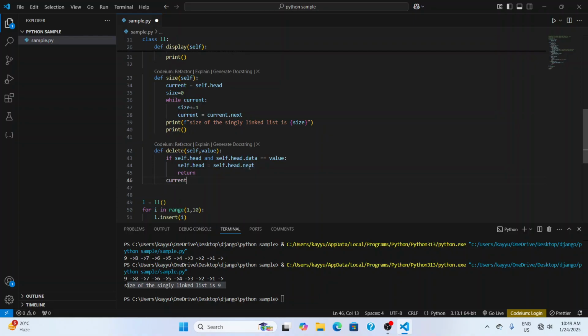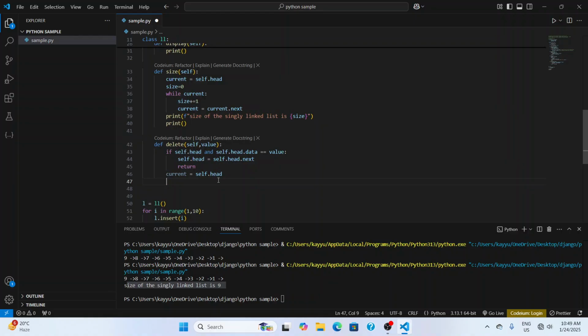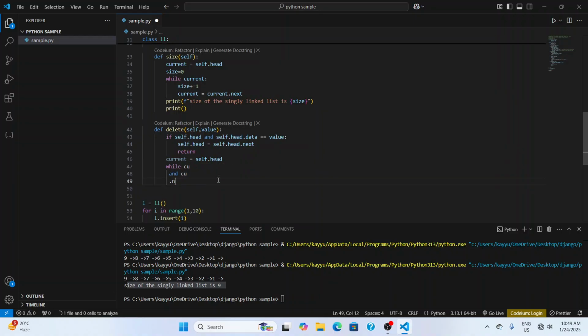Here we will do current is equal to self.head, so current will be self.head, then we will loop while current.next, right? So the while loop will traverse to the current as well as to the next node, and finally